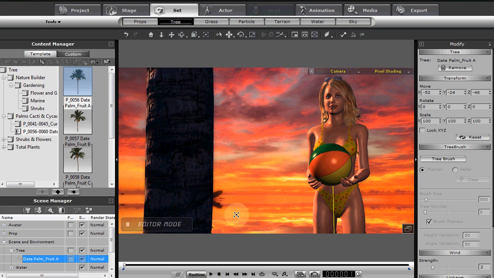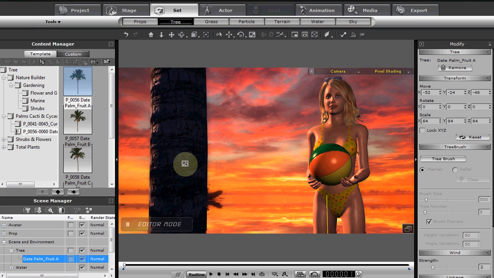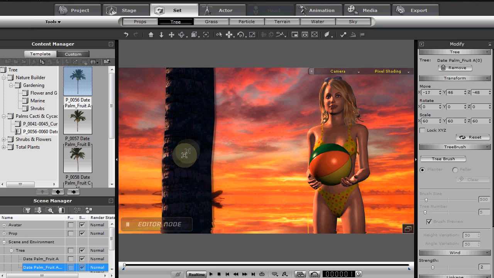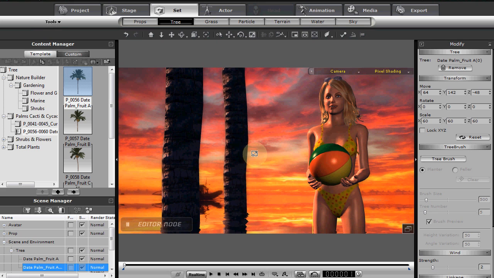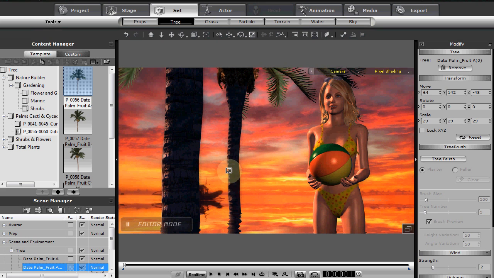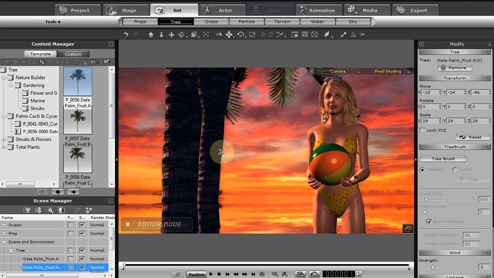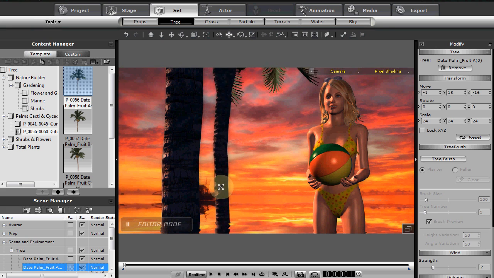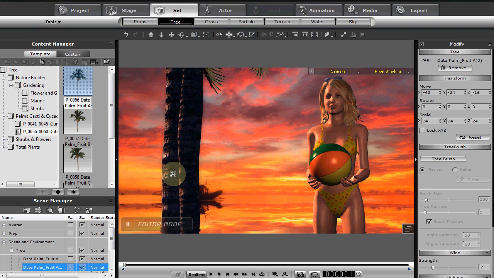And once again, we don't want it in the water. You may need to size it, so I'm going to hit the R key and size it a little bit, and I'm going to duplicate it by holding down the control key, size it again. So now pull it up here and lower it a little bit and play with the size, and once again get it out of the water for our camera shot,